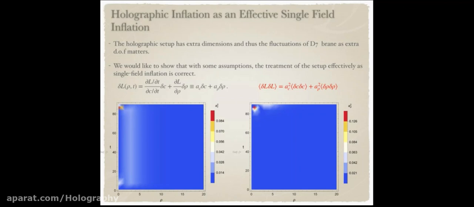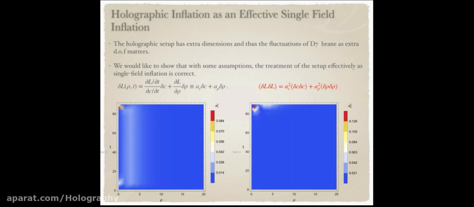And look at the variations of this embedding function in terms of the composite field and delta rho. Because it is a function of time, you can write this functionality as a functionality of the condensate too. And rho was the variable which was the radial coordinate along the D7 brane. So if you look at the 2-point fluctuations, assuming that delta C and delta rho are uncorrelated,